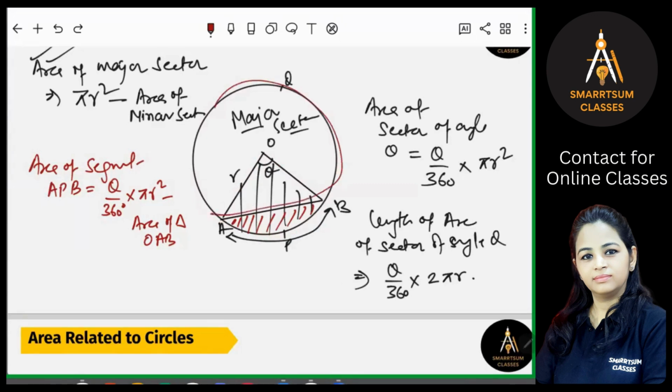This part is the major segment, right? Okay. And now if we want to find the area of this major segment, area of major segment,